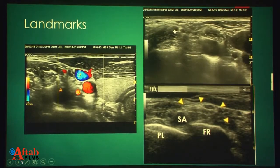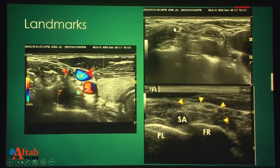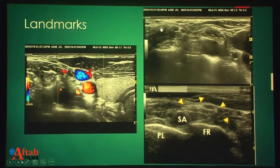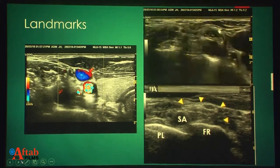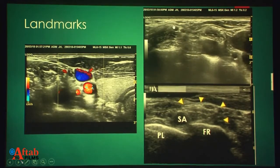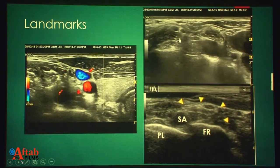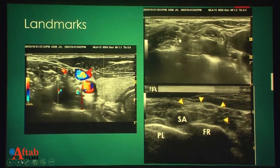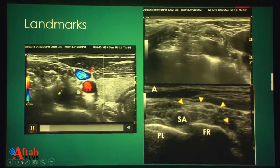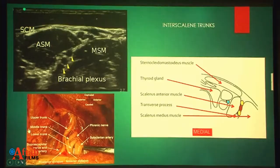This is how the roots are going to get formed into the trunks. First rib and the prevertebral fascia. That's the prevertebral fascia, which needs to be pierced in order to reach the interscalene region between the anterior and the middle scalene muscle. So I'm just going to stop my video here, and we go on to the first of the